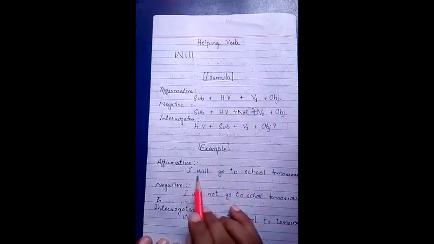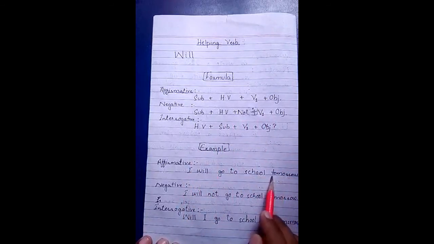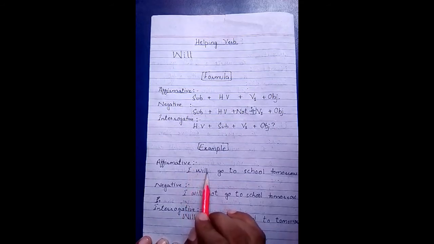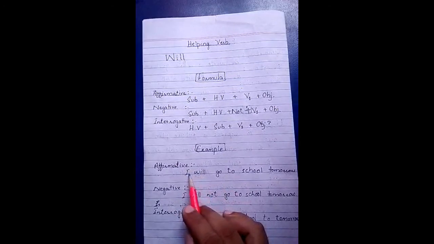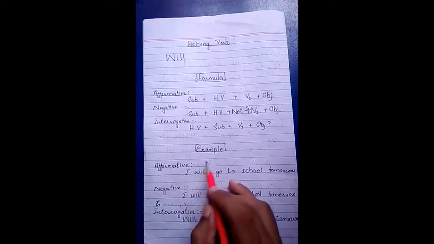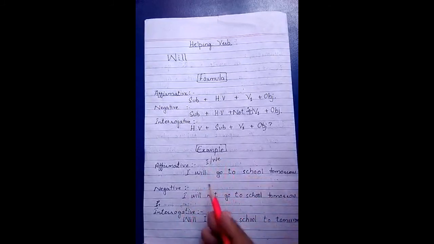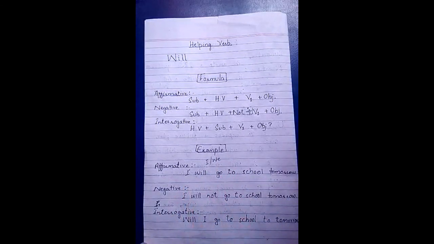For example, I will go to school tomorrow. Okay, this tells what? A future plan. I will not go to school tomorrow. Or in interrogative I can use: will I go to school tomorrow? Okay, if I use I shall here, it is not wrong, but in British English we can use shall here in place of will. With I and we can use shall, but in American English we do not use shall. So in both cases this is right. Okay students, I hope you got the idea of future simple. Thank you.